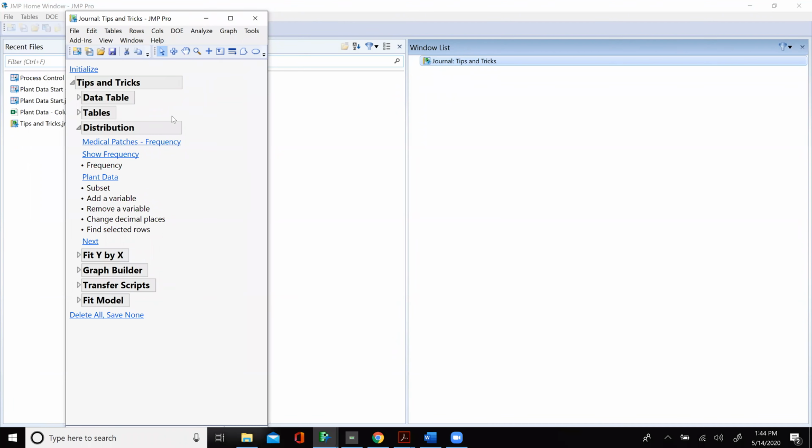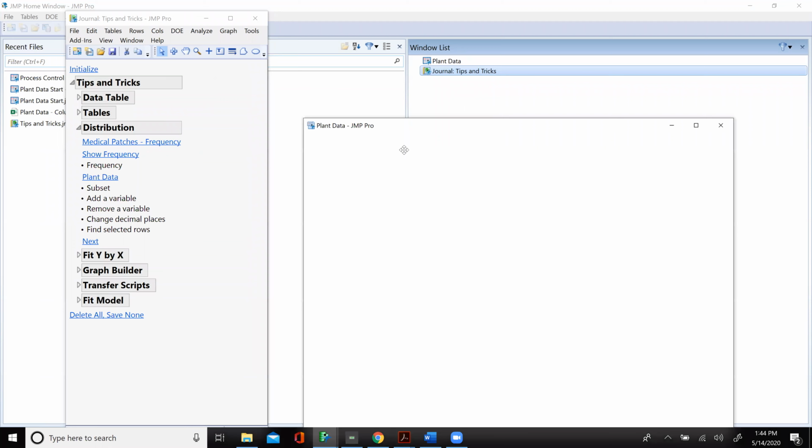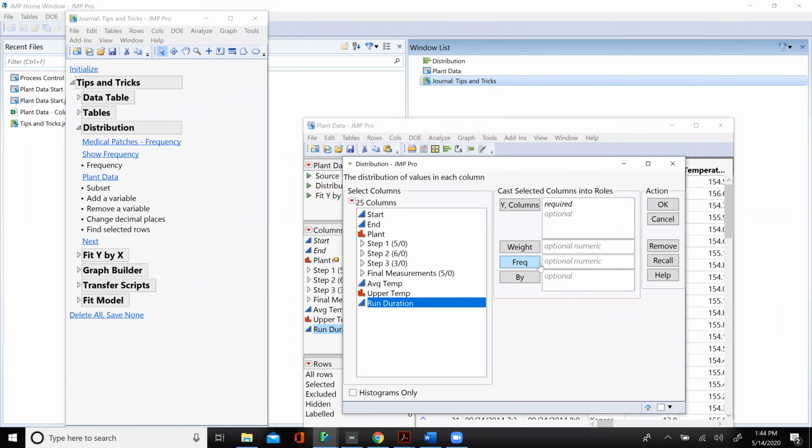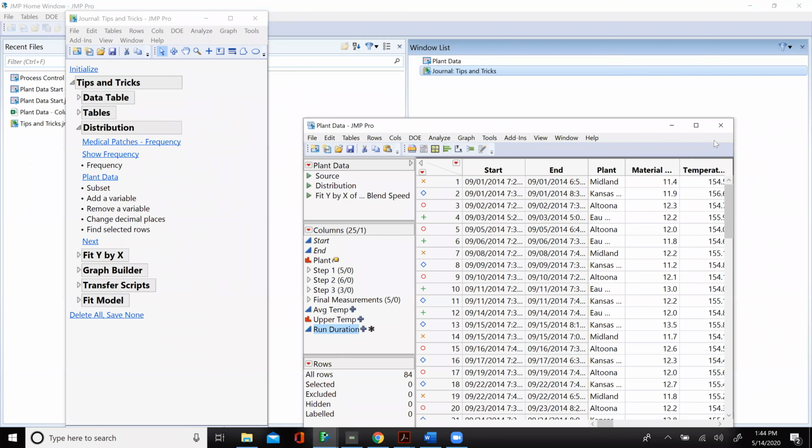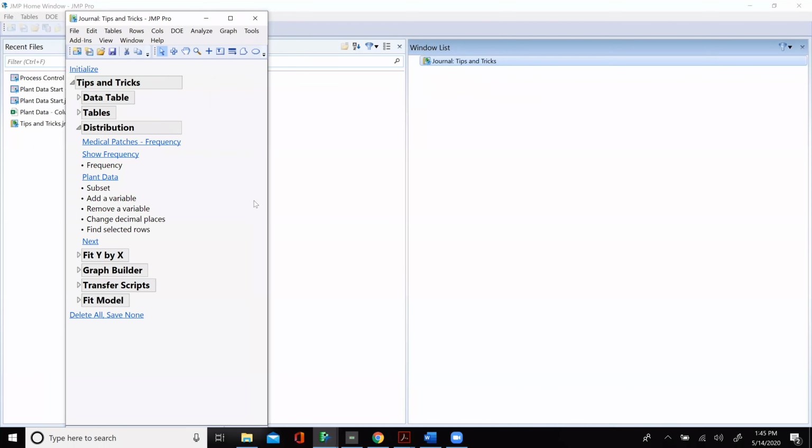Distribution, a few different things in distribution. First, very often I'll have someone that says, hey, Heath, just watch this. I use distribution, and what is freq? It's frequency. Where would that be used? Okay, let me just show you this. Just want to show you where frequency is used.